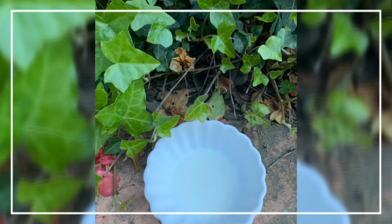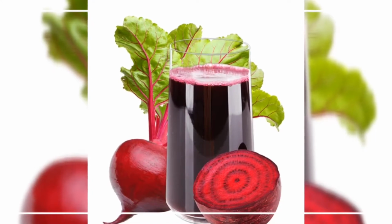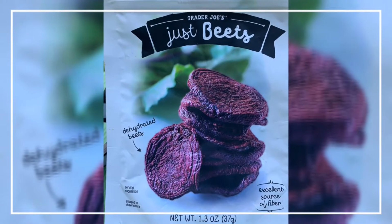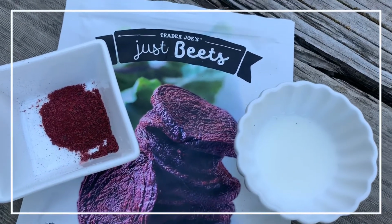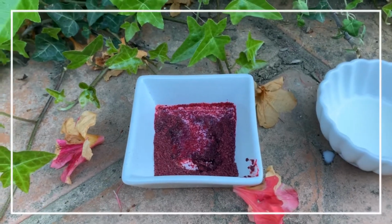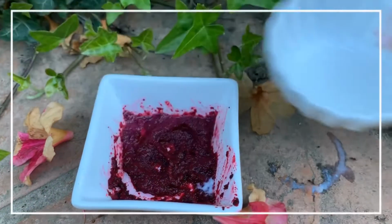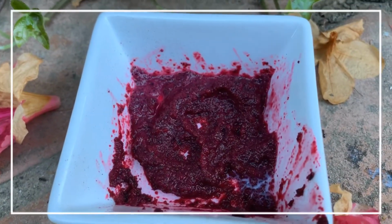I use powder one because it's convenient, easy, simple, but you can also use the fresh one as well. What I do is I buy from Trader Joe's, beetroot chips, and I just grind them in my grinder, and mix the powder as much as you need. I think I just use about 1 tablespoon with enough milk to make it a paste, and then